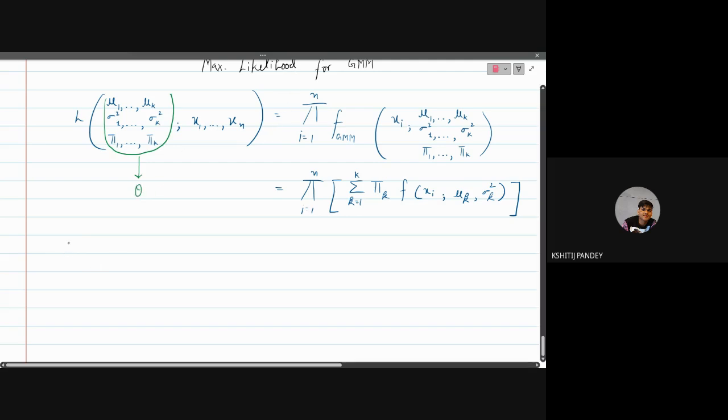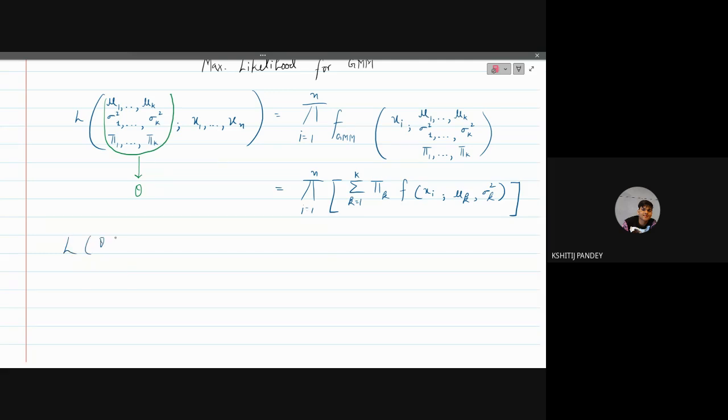So now your likelihood function with all these points and all the parameters,